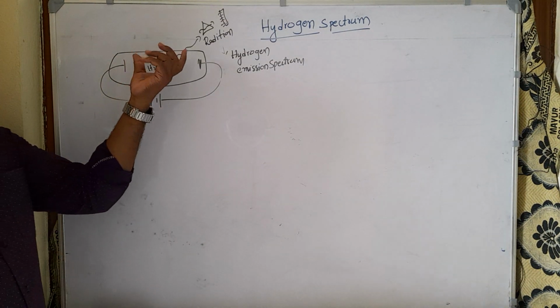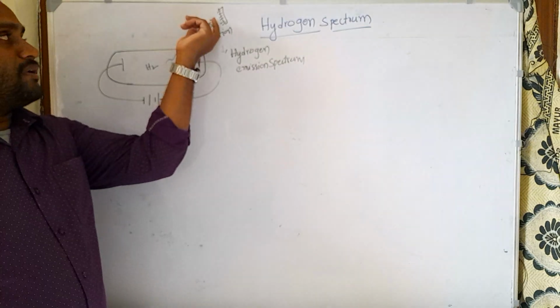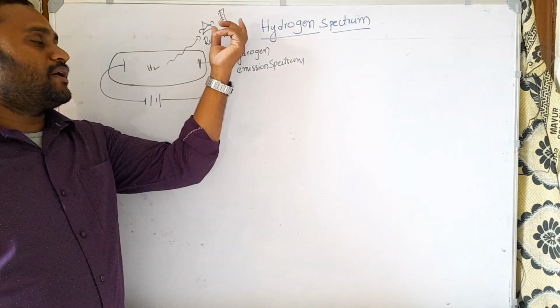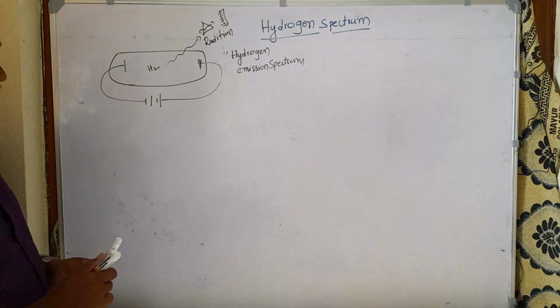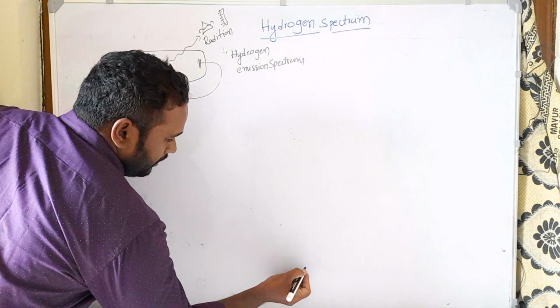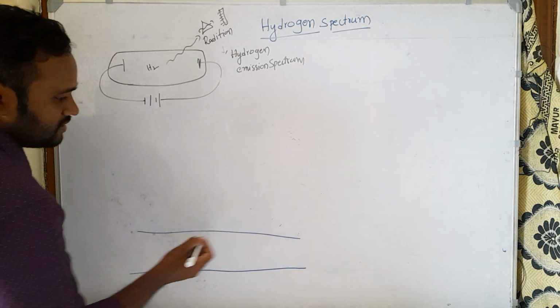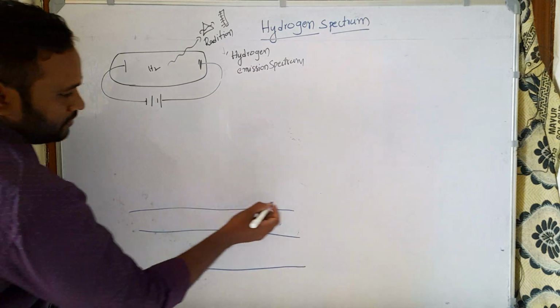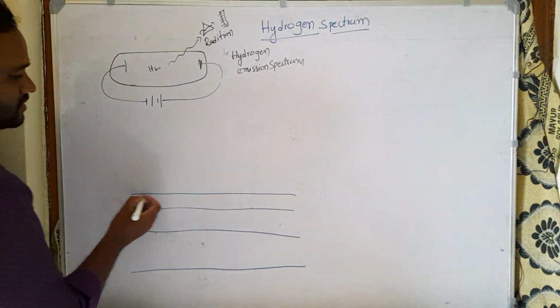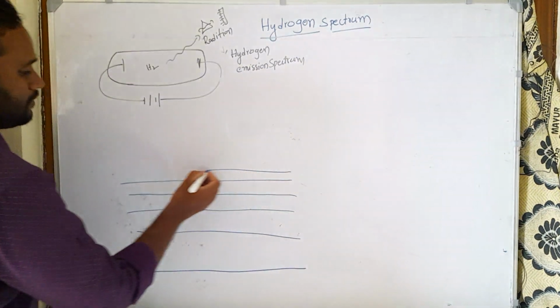So this hydrogen gas is going to release some radiation, and we pass that radiation through a prism, and here we get a spectrum, that is the hydrogen emission spectrum. When you see the hydrogen spectrum, you can observe different lines like this. These different lines are named after the scientists who discovered them. So here the first line is known as